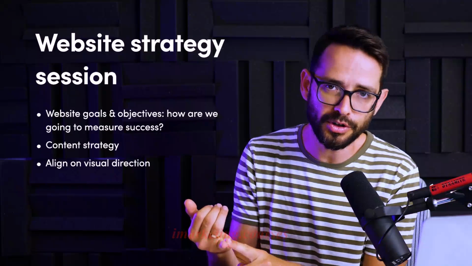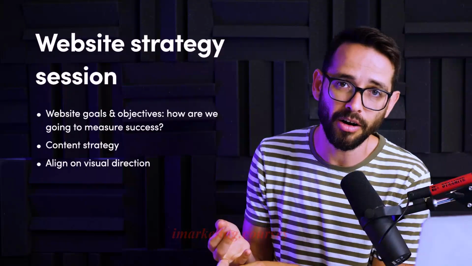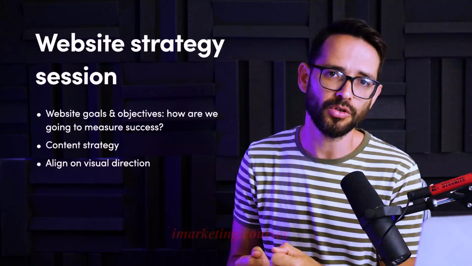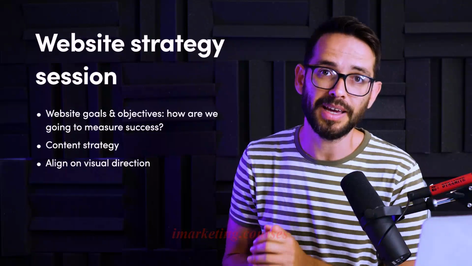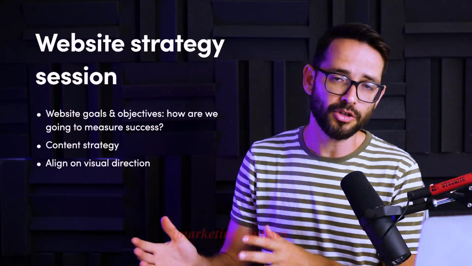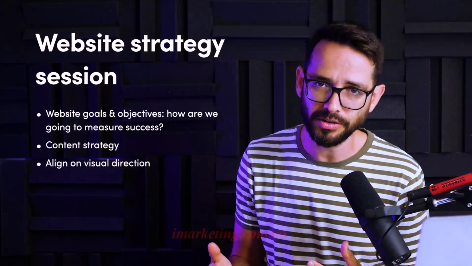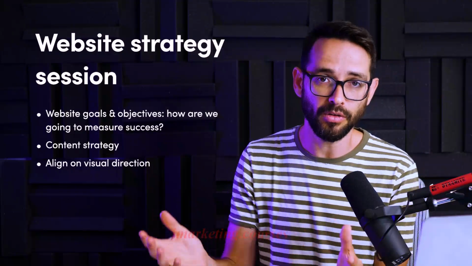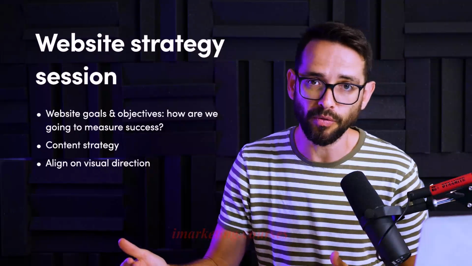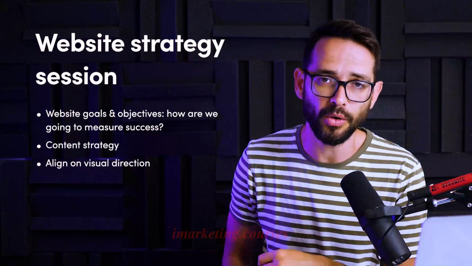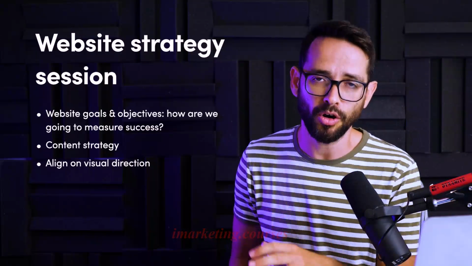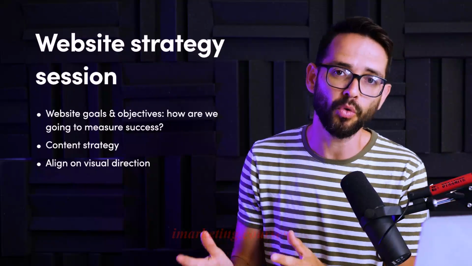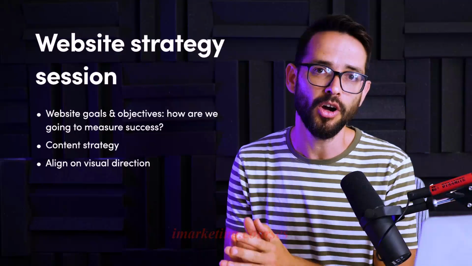Is this conversion rate? Is this how long people are staying on the website? What metrics are we going to use to make sure that we know that this website is successful? And then in terms of the website, we also have to think about content strategy. What are the different contents that we need on the website to achieve all of our goals? And we have a follow-up video after this video specifically about content strategy and information architecture to really understand this step of what content is actually necessary on the website.